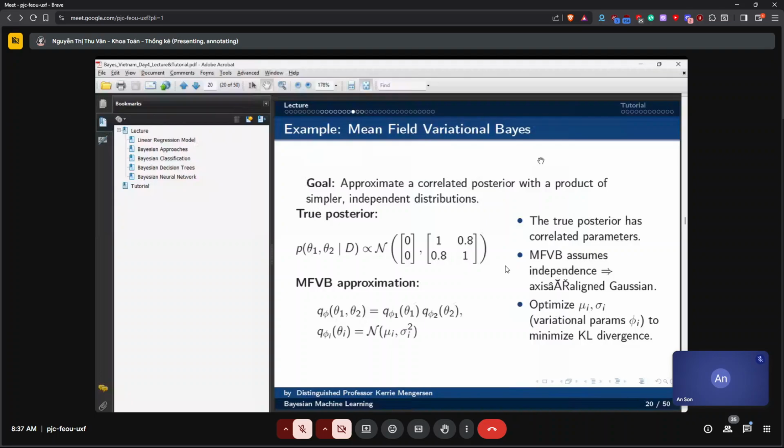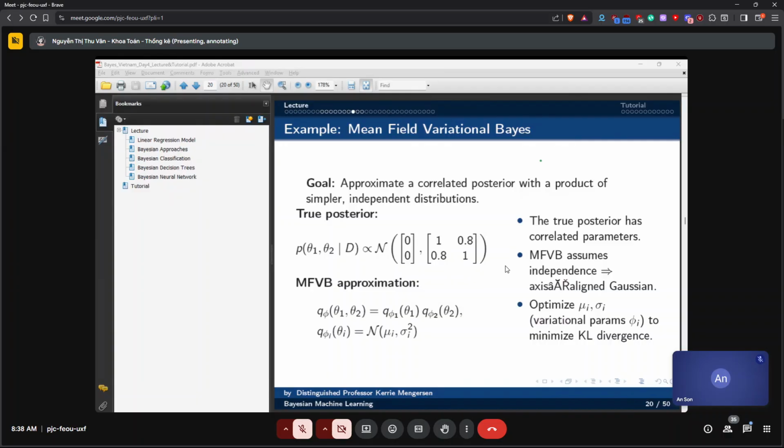Okay, if we go to slide 20, this is an example of mean field variational Bayes. In our first lecture and in the second one, day 1 and day 2, we talked about this example of a bivariate normal distribution. We have Y1 and Y2, and they're linked. They come from a normal distribution with some mean that we don't know, and some variance-covariance matrix.